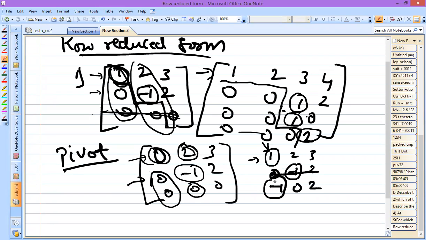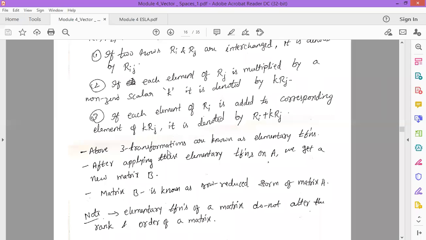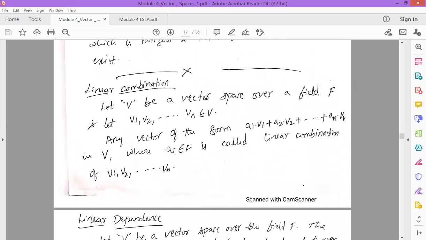So the column in which the pivot is present will be considered as the pivot column. Along with that, we should also see that under each pivot we should find zeros after having the row reduced form. So all this you need to keep in mind. Along with the pivot of a matrix, rank of a matrix, and row reduced form, we'll also go with some basic definitions of linear independency and all, so that we can solve the problems on that also. So next we'll take up the topic linear combination.